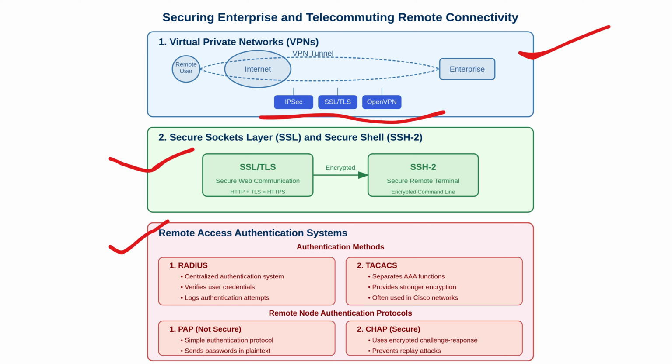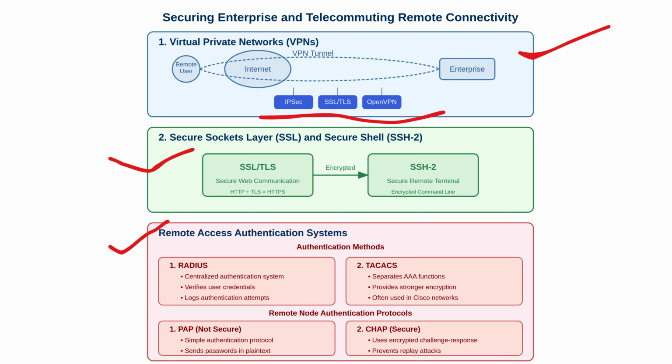Remote access authentication systems. Authentication is a huge part of remote access security. Organizations use various authentication systems to verify users before granting them network access. Some of the most common remote authentication systems include RADIUS, Remote Authentication Dial-in User Service. RADIUS is a centralized authentication system commonly used for Wi-Fi networks and VPNs. It works by verifying user credentials before granting access, logging authentication attempts for security monitoring,